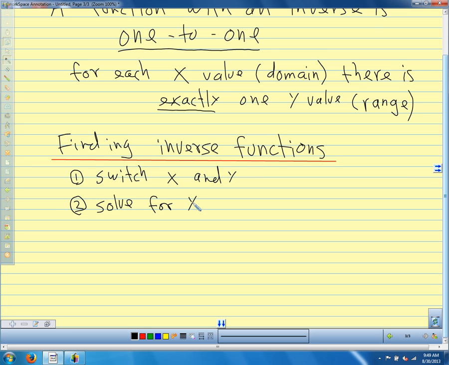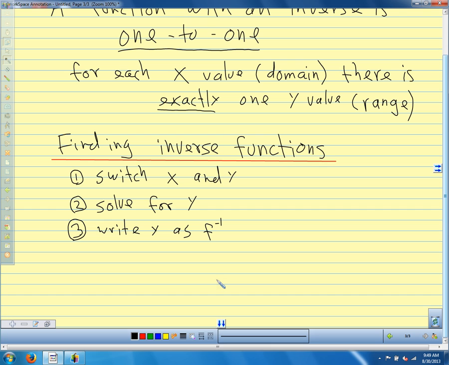So we're switching the x's and y's. That's what inverse functions do, switch x's and y's, and then we're just rearranging the equation so we get the equation working in the other direction. And then at the end we have to make sure whatever we end up with, we write y as